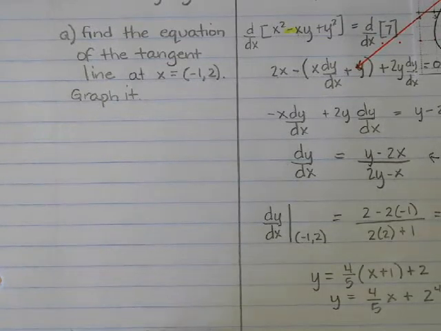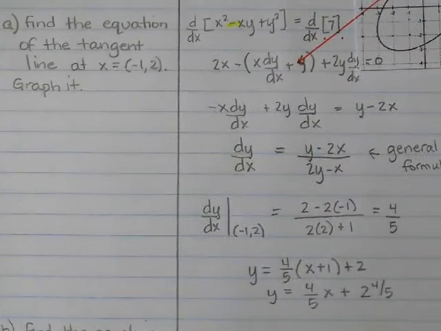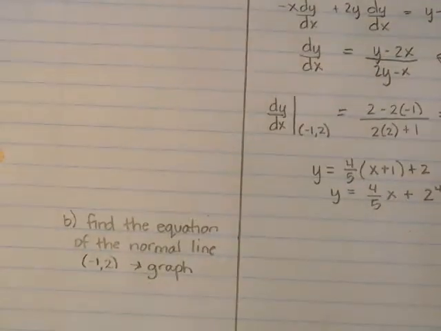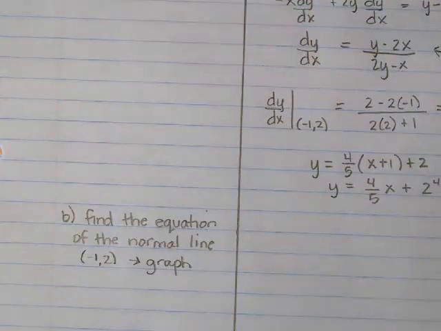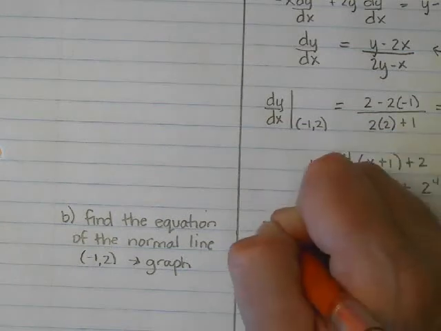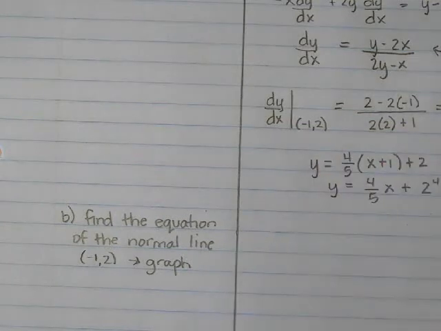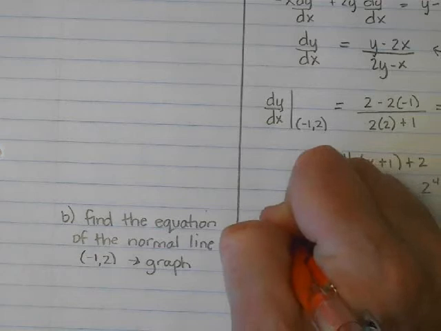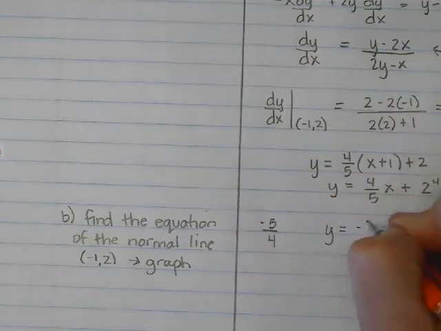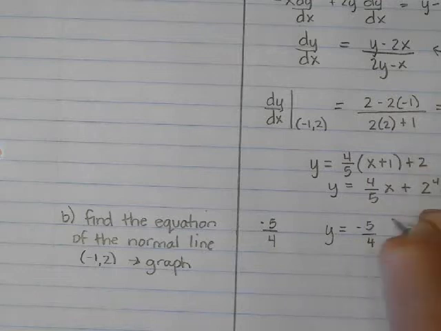At (-1, 2), and we're going to graph that as well. Okay, well, piece of cake, right? We already know the equation of the normal line, that all we have to do is find the reciprocal. The slope of the tangent line was 4/5, so the new slope is going to be -5/4. So y equals -5/4 (x + 1)